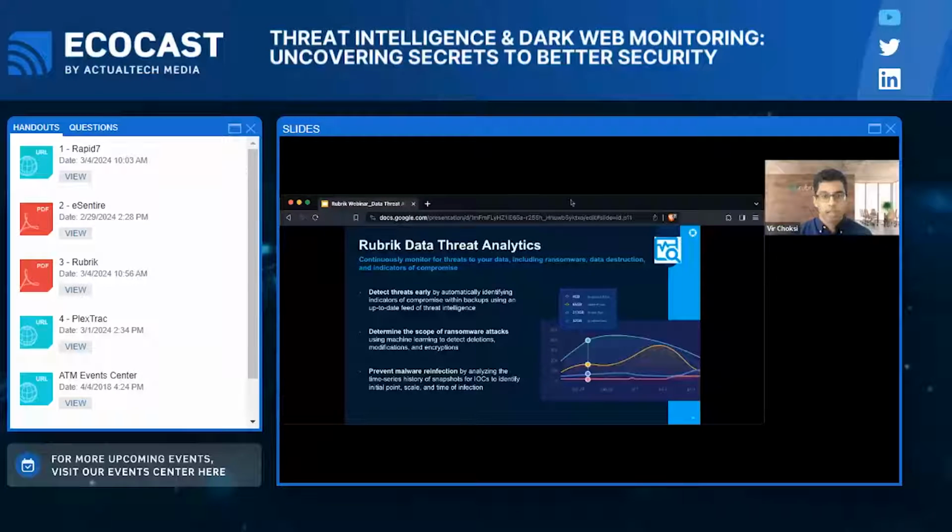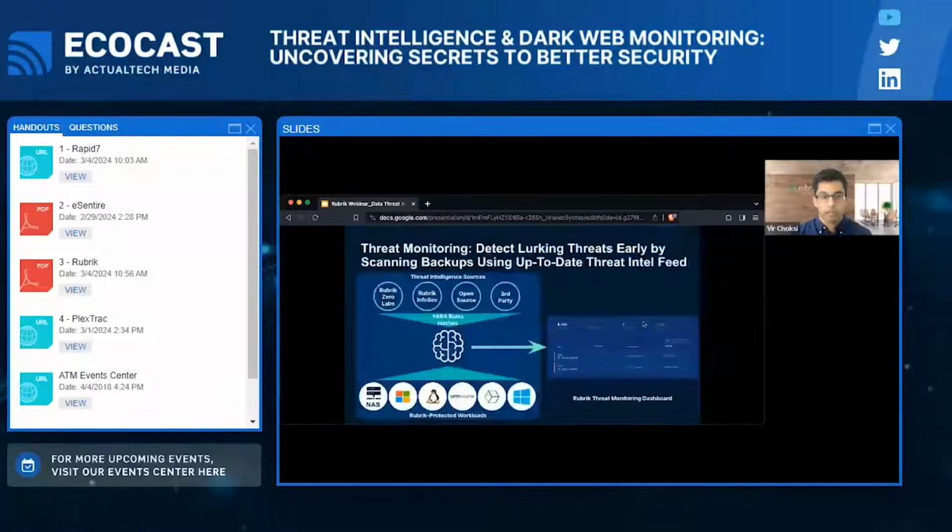Now let's take a look at each of these three services, starting with threat monitoring. So how this one works is that threat intelligence is fed into the Rubrik threat feed. The hashes and Yara rules themselves can come from different contributors. One of the contributors is Rubrik's own InfoSec team, so you can leverage the same intel that we're protecting Rubrik the business with. Intelligence can also come from Zero Labs, which is Rubrik's own threat research team, or it may come from third parties. Either way, we vet the threat intelligence prior to including it in the feed to ensure the quality of the intelligence is high and the threats are relevant to critical infrastructure environments.